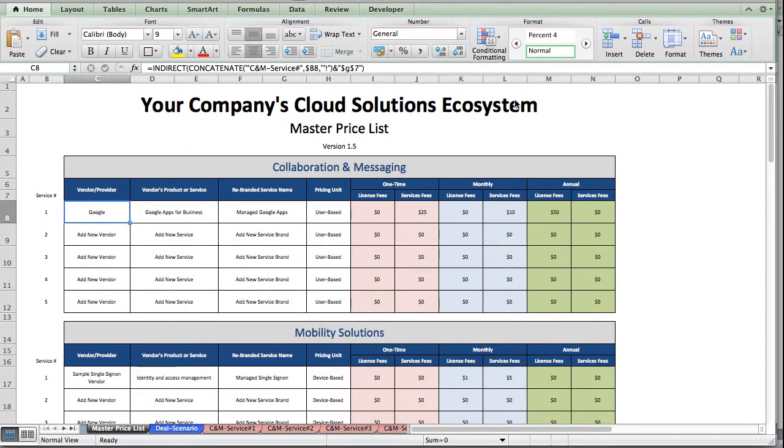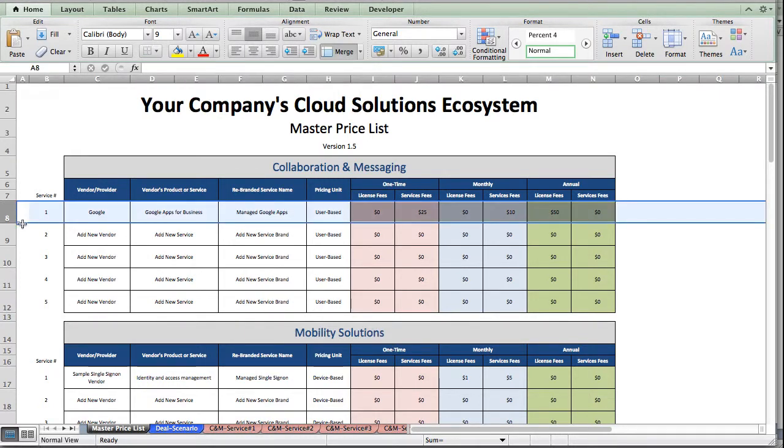The second blueprint in the MSP Excellence Playbook for cloud solutions providers is a blueprint to help the Google reseller establish the pricing for each cloud service as they add it to their cloud solutions ecosystem. And so the way we do that is we pull together a number of pricing templates and summarize them in this master price list worksheet that you see,